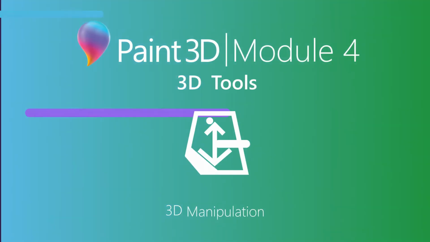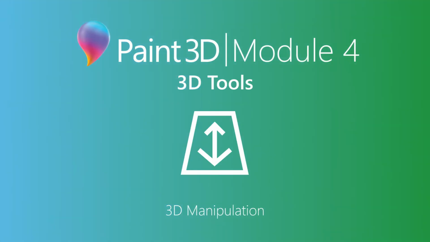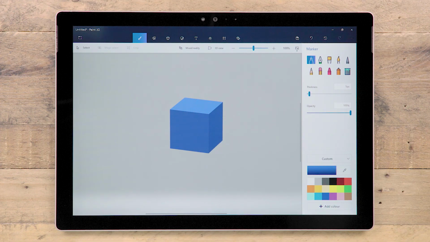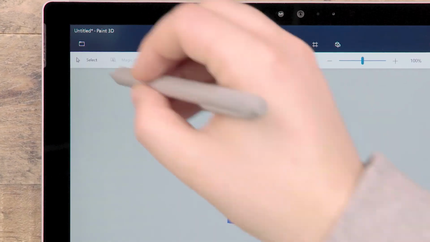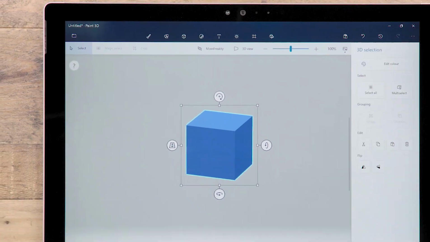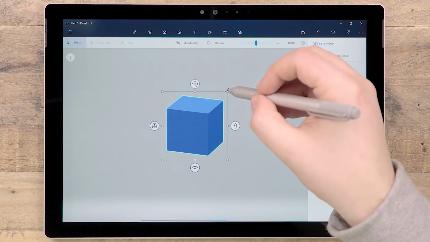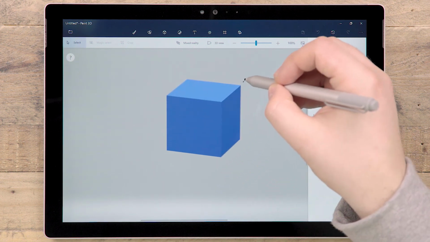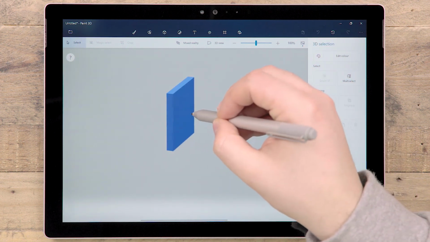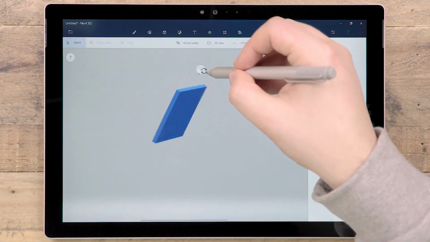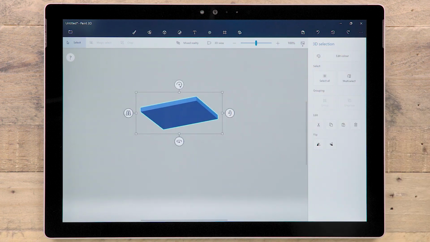In addition to making 2D images, Paint 3D now enables everyone to create in 3D. You can select 3D content by choosing the Select tool and clicking directly on a model. Once selected, a bounding box will appear around the contents, allowing uniform scaling from the corner handles and non-uniform scaling from the side handles. The familiar top handle enables you to rotate the object.